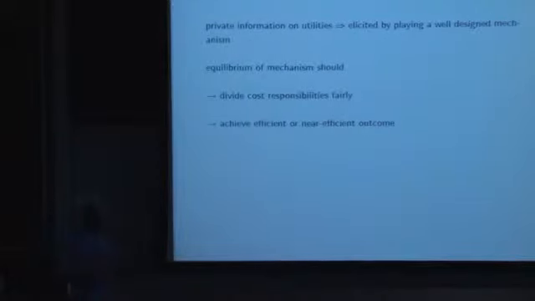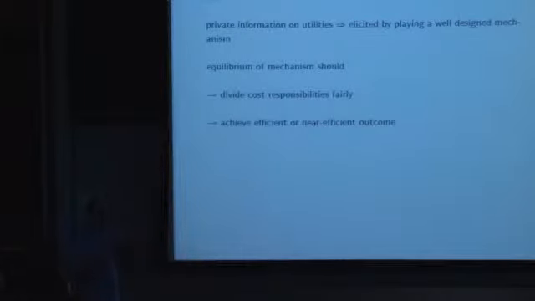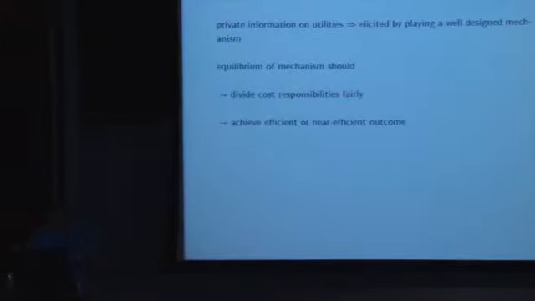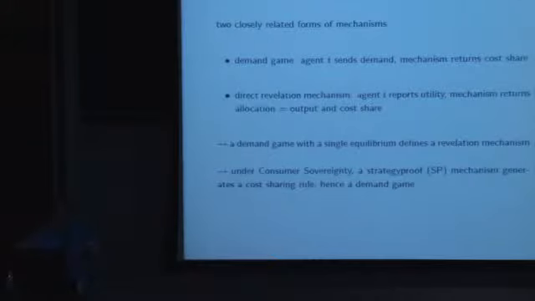So, all right. In principle, we would like a mechanism whose equilibrium divides the cost responsibilities fairly. That's the fairness requirement, because we want participants to agree to the mechanism. At the fairness level, it's a correct way to assign responsibilities, and if possible, to reach as efficient an outcome as possible, to reach the efficiency frontier. Okay, now, in this theory,